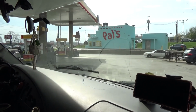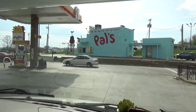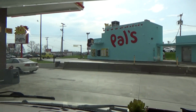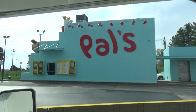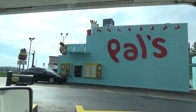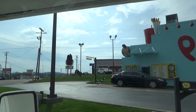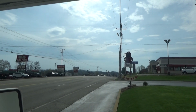Yeah, check it out, you guys. Big blue building with a giant hot dog and a hamburger on top of it. It looks so fun. But unfortunately, what we didn't know is that all of these restaurants are drive-through only. And the first one that we came to, we actually couldn't fit our RV through the drive-through because it was too big. So we ended up continuing on down the road into Virginia,